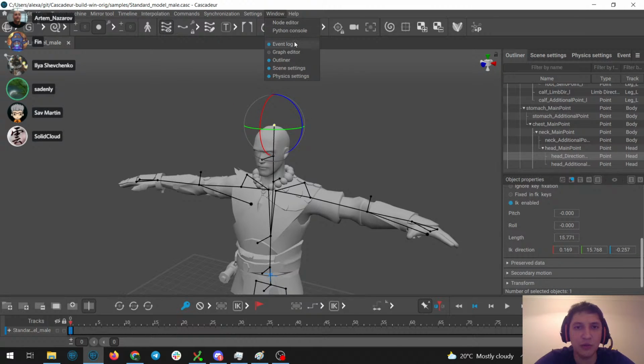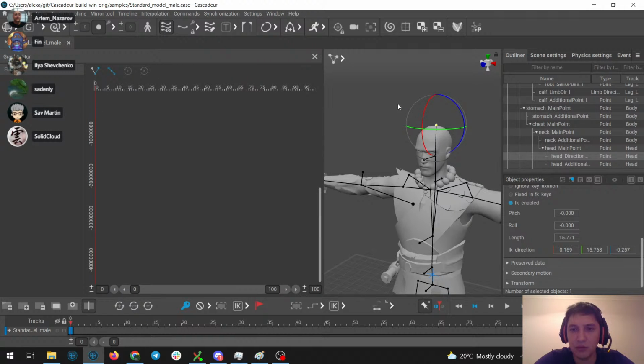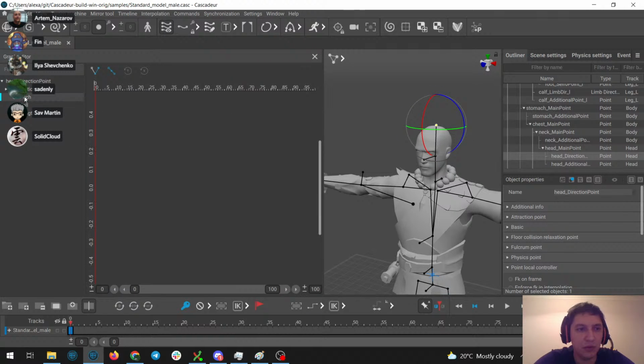let me open a graph editor, it will be a bit more convenient. So this is pitch, and this is roll.